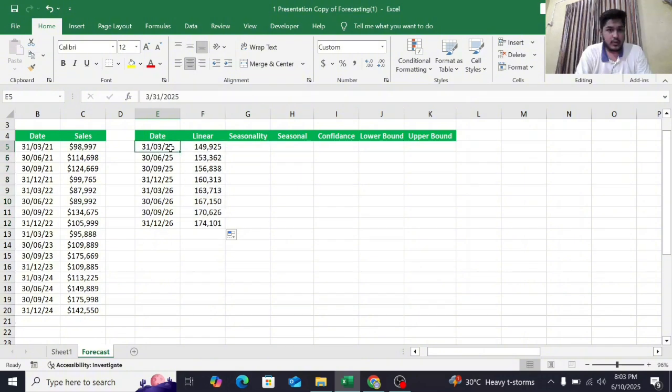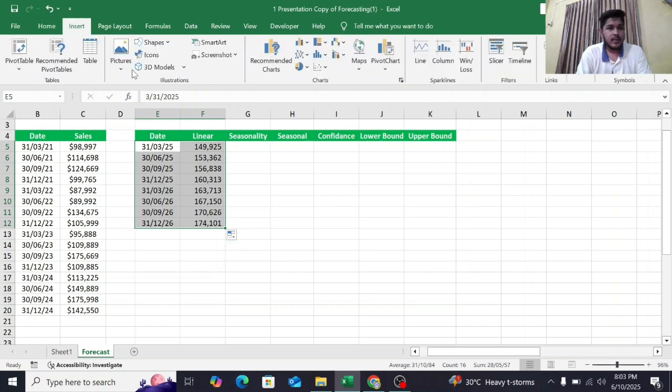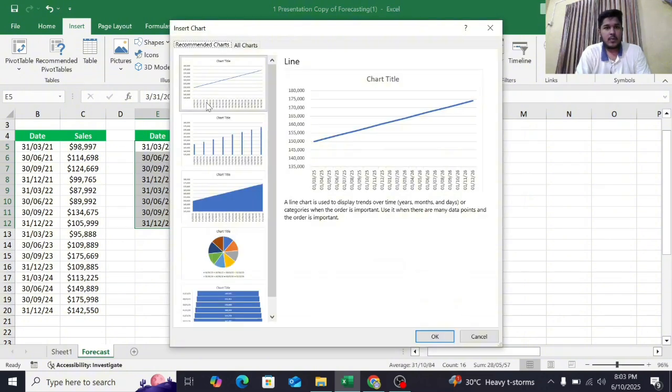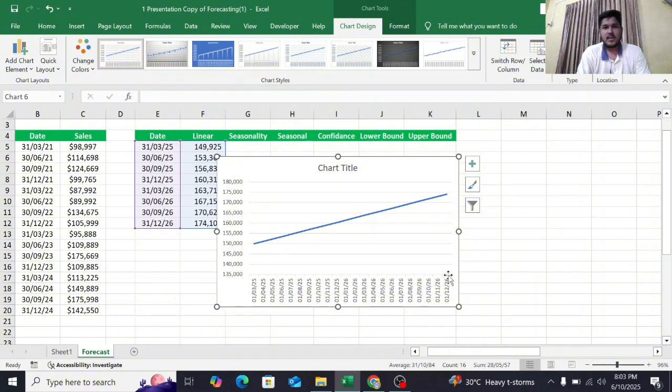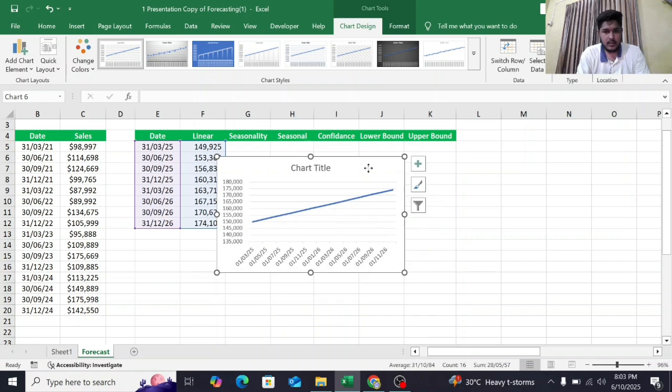We can make a chart. As we have learned earlier, we first select all the data, then go to the Insert tab and use Recommended Charts. From here, let's say we'll pick the first one, and press OK. Here we can see there is a chart on the screen, and let me make it a little bit